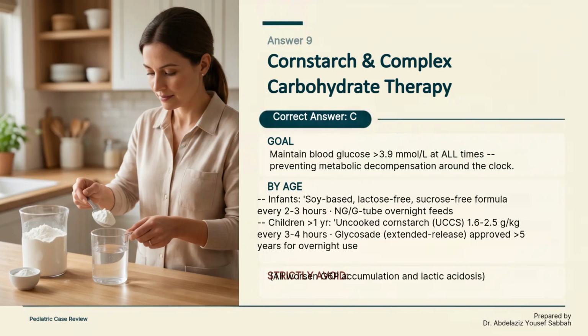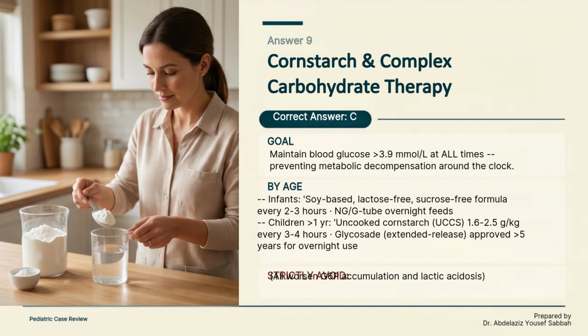The correct answer is option C, frequent complex carbohydrate feeds with uncooked cornstarch and avoidance of fructose, sucrose, and galactose. The central goal is to maintain blood glucose above 3.9 millimoles per liter at all times, preventing metabolic decompensation around the clock. In infants, this means a soy-based, lactose-free, sucrose-free formula every 2 to 3 hours, with nasogastric or gastrostomy